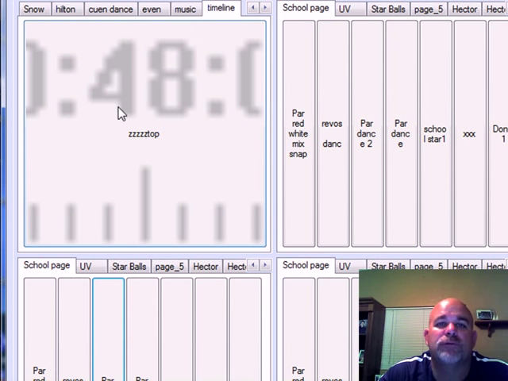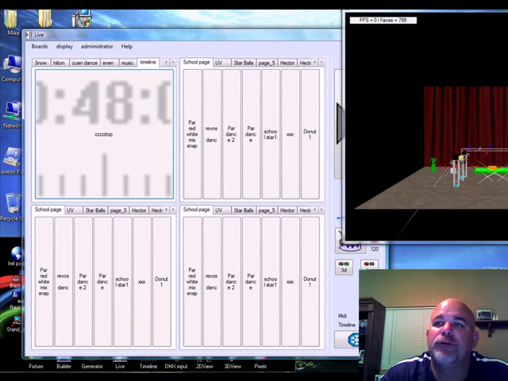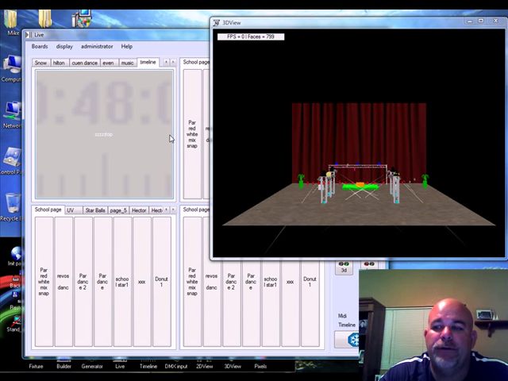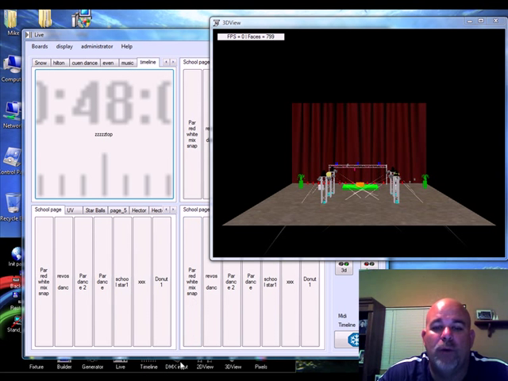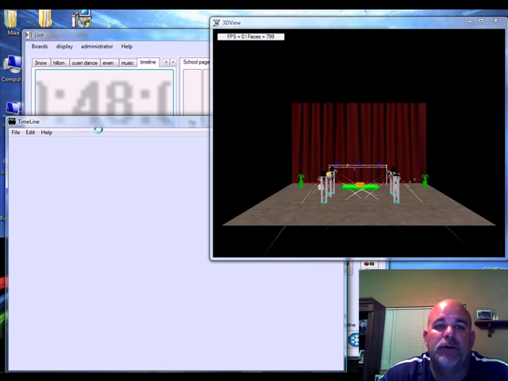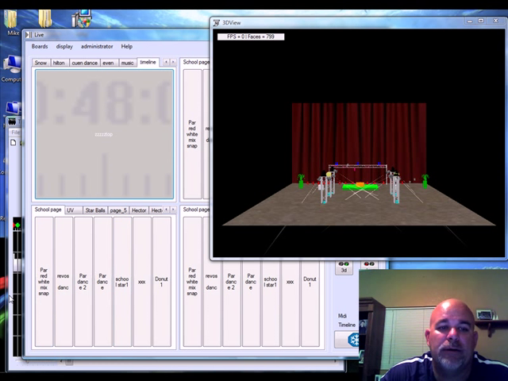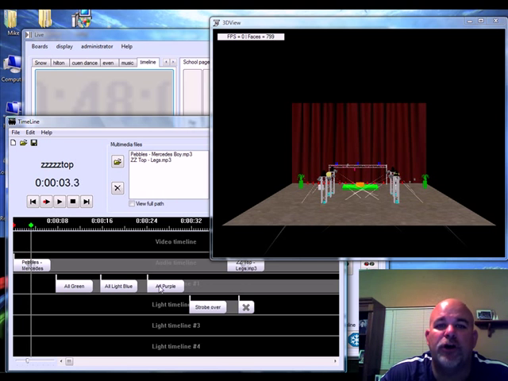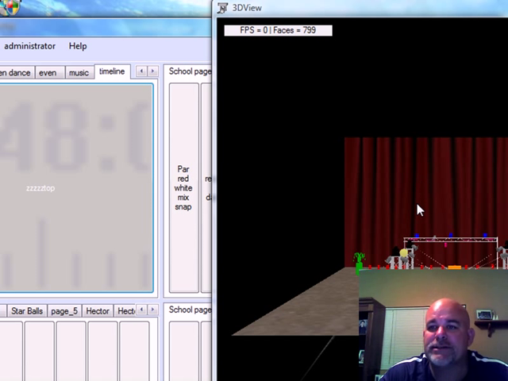The whole page is one button right now, so if I click on it, it's the whole page. But if you notice, when I click on it, nothing happens. That's because the timeline window actually has to be open when you are playing the timeline. So you'll watch here real quick. There's nothing in the timeline, but when I click the timeline itself, it'll populate the timeline. So it loaded all my songs and all my light scenes. Right when I click on it, it loads the lights, loads the music,